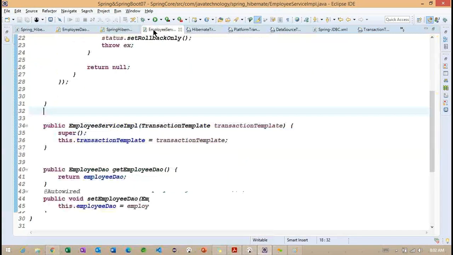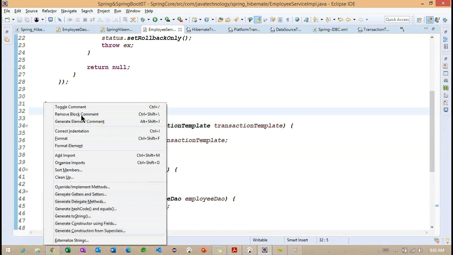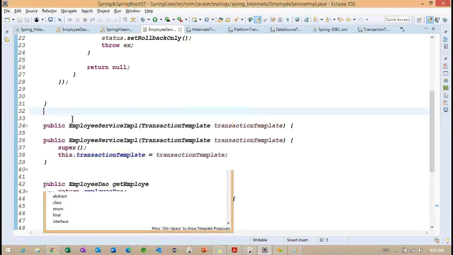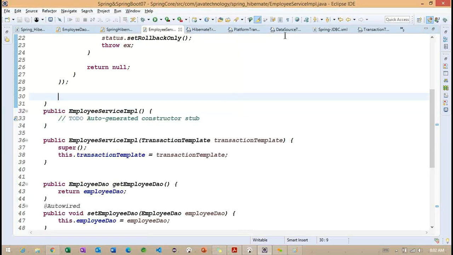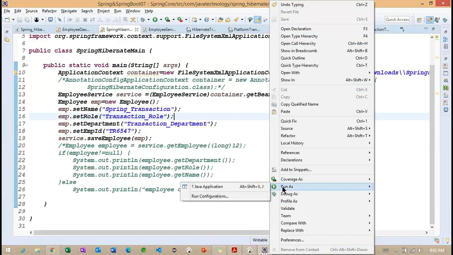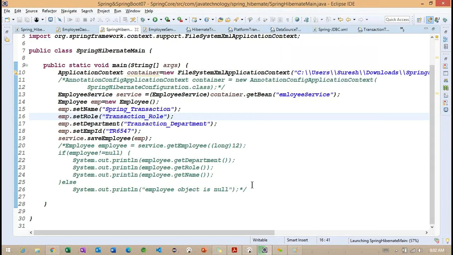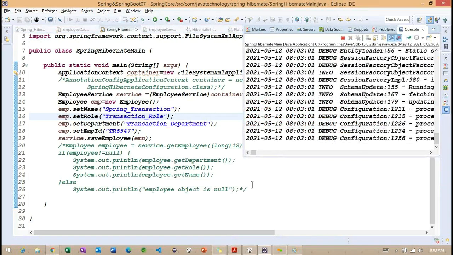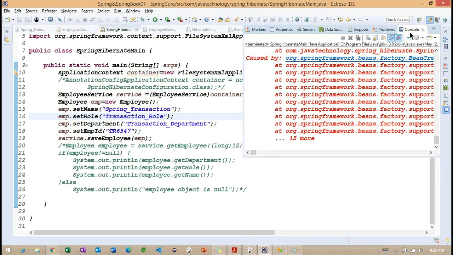We need to work with the default constructor, because whenever we provide the parameter constructor, we need to specify the default constructor as well.